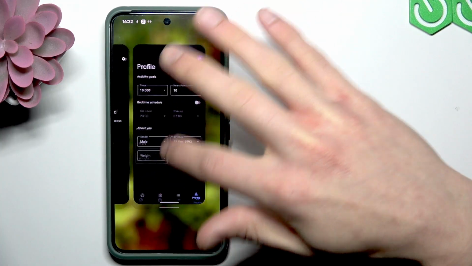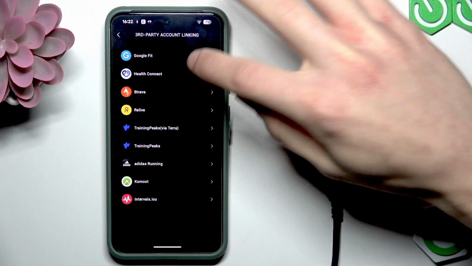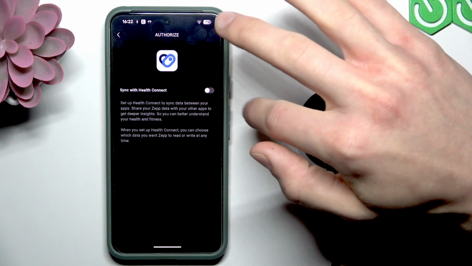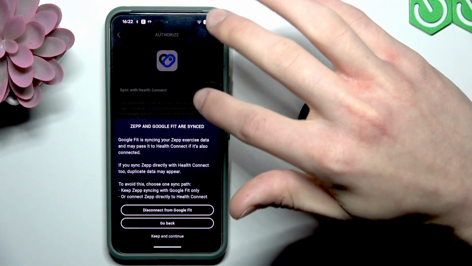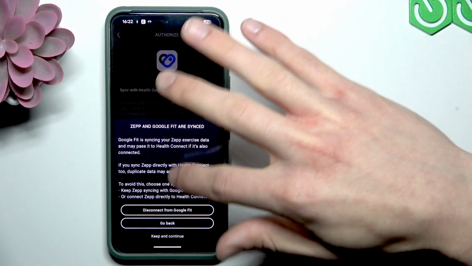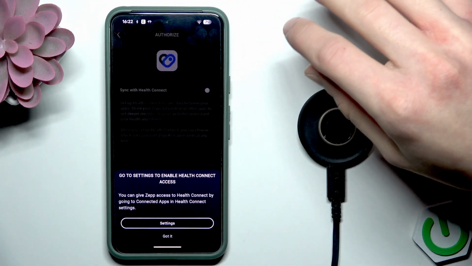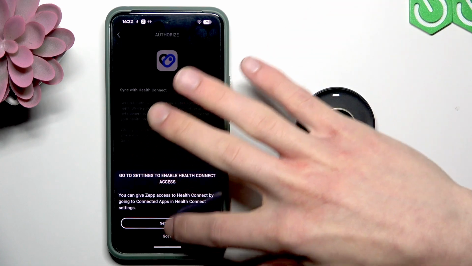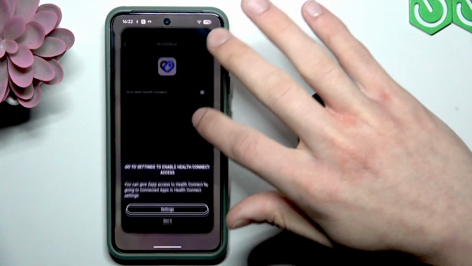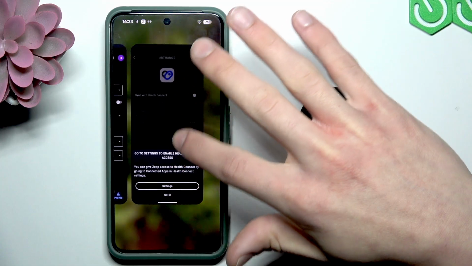Or you can directly sync your Zepp account with Health Connect, but if you select Health Connect and then sync your data with Health Connect, there may be duplicated data. So if you want duplicated data in the Health Connect application, one will go through from the Google Health app and the other one from the Zepp application. So if you want to connect your Health Connect application, then first you're going to have to